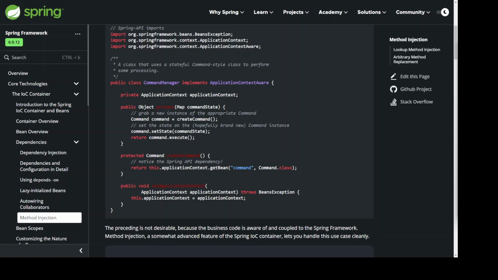} protected Command createCommand() { // notice the Spring API dependency! return this.applicationContext.getBean("command", Command.class); } public void setApplicationContext(ApplicationContext applicationContext) throws BeansException { this.applicationContext = applicationContext; }